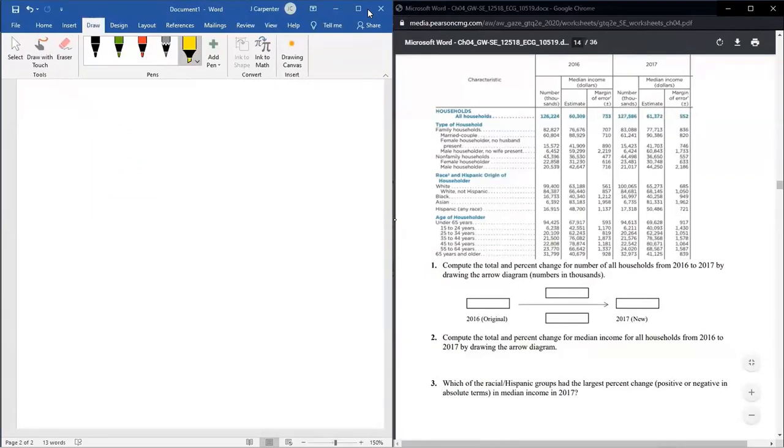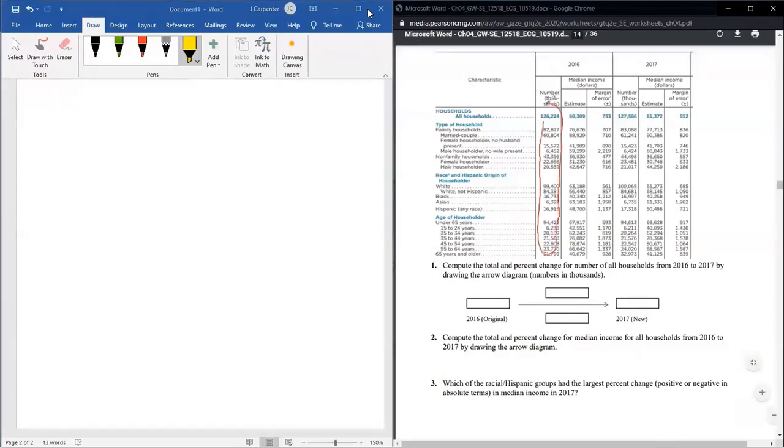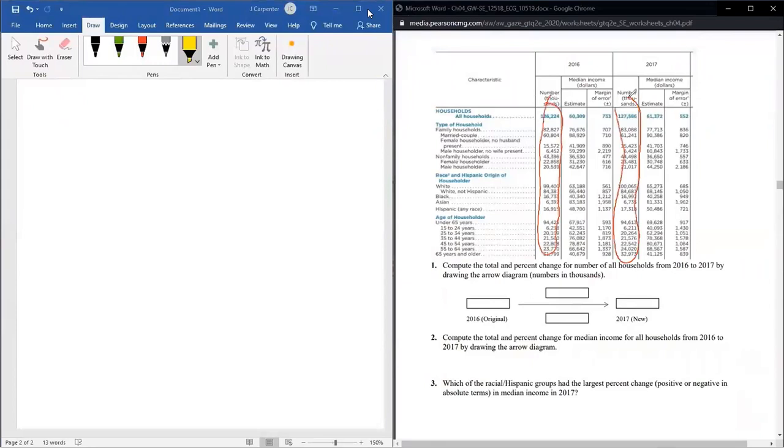So they say to do the number of households from 2016 to 2017. Well, here's our 2016 column. They have median incomes. We're not going to be talking about that at all. Margin of error, we're not talking about that at all. Same for these two columns here. We're only going to be talking about this column and this column. But we just got to extract one number out of all of those, and it's the number of all households. If you look at all these categories, they're broken down by male households, no wife, male householder, based on age, based on ethnicity. Right here, household, all households.